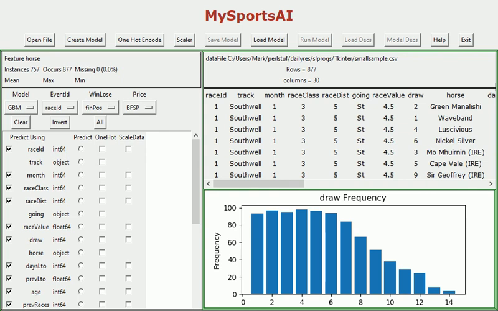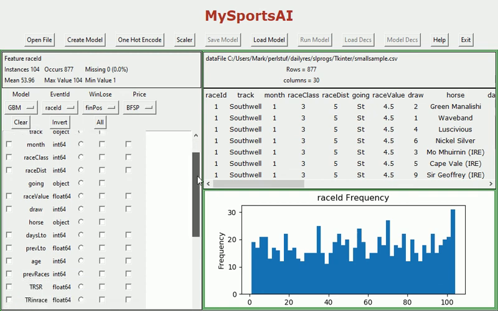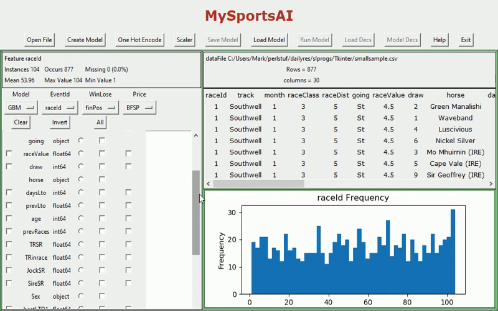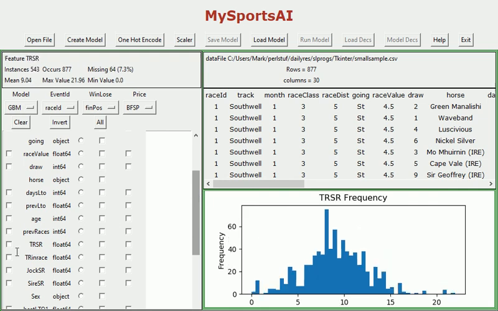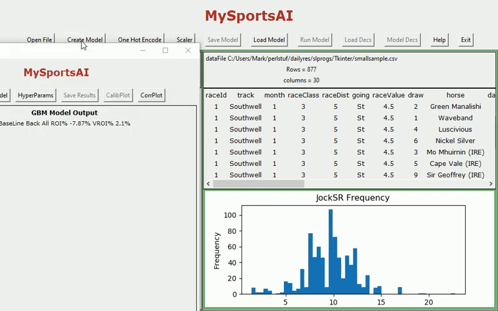Now I've got a file loaded here. I'm just going to clear the input features and select a couple of input features. We're not really concerned in this example about the performance of the model, so I'm just going to click on trainer in race percentage or ratio, and let's go for sire strike rate as well. Now if I go to create model,